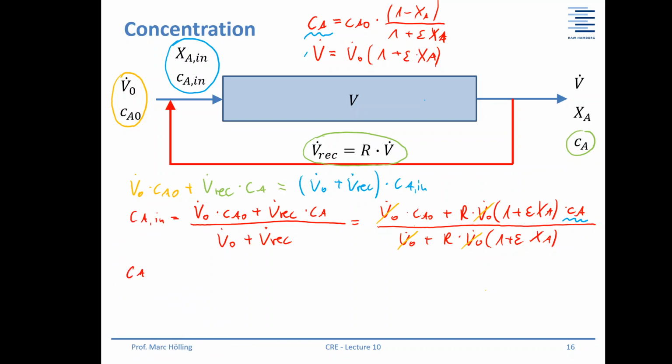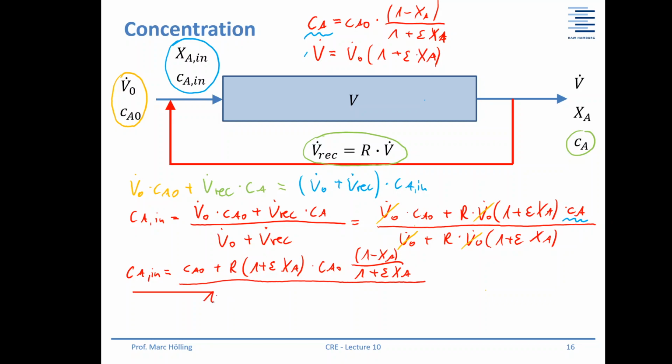Then we have Ca in is Ca0 plus R times 1 plus epsilon Xa times Ca0 times 1 minus Xa over 1 plus epsilon Xa. Okay, looks quite complicated, and then we have to divide it by